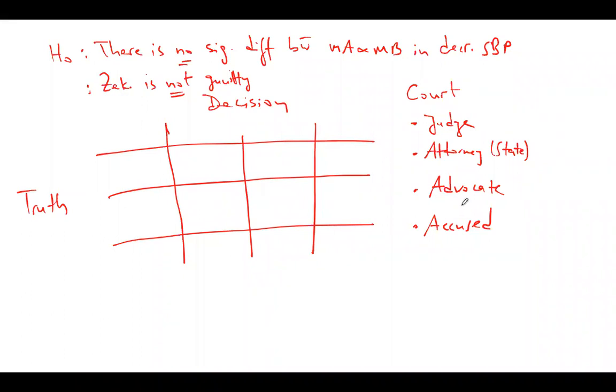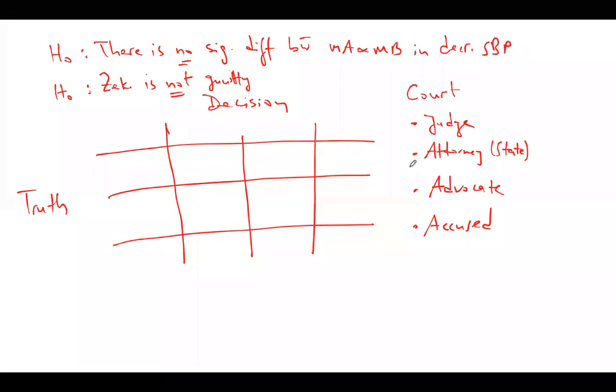What is the advocate saying? He's defending this H null. He says, yes, H null is true. The reality is H null should be accepted. What does the state attorney say? There is another person in the room, called the state attorney. He says, no, he did this. He did steal the pencil of Abdul Basit. Put him into prison. He says he's guilty. The advocate says he is not guilty, he accepts H null, and the judge has to give a decision.